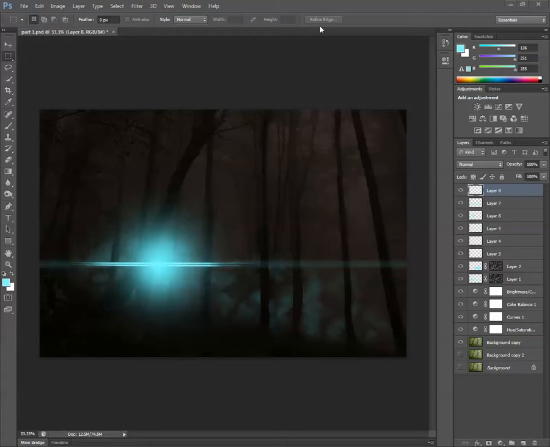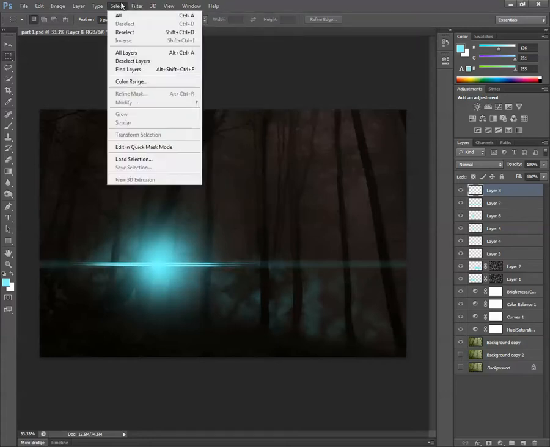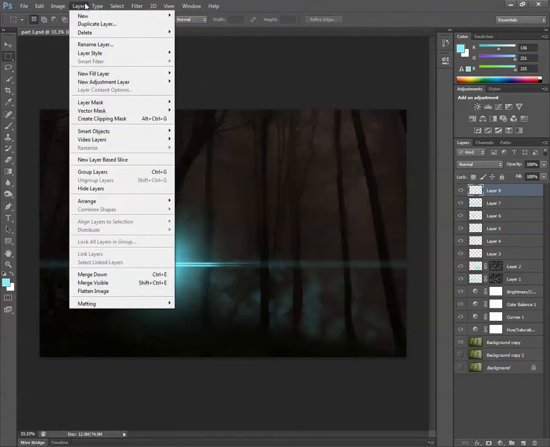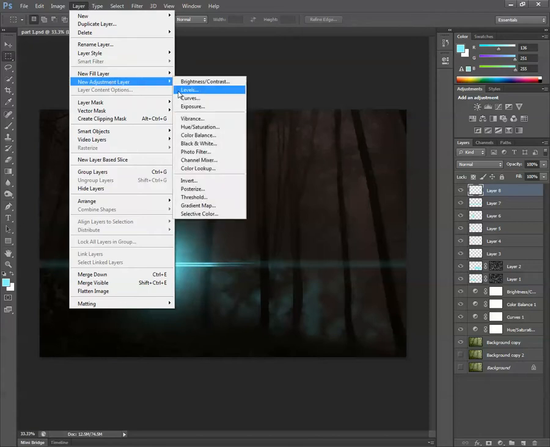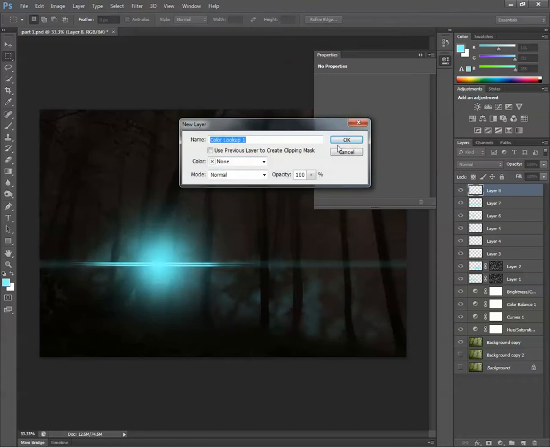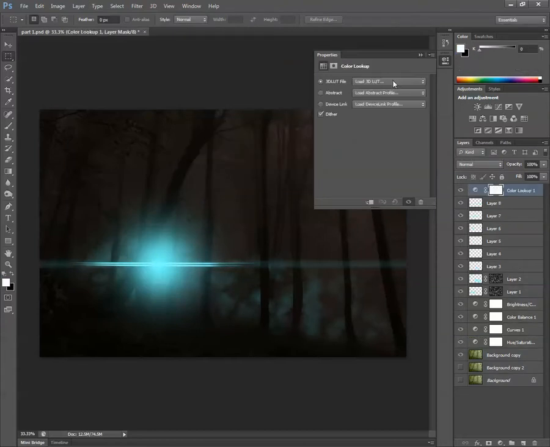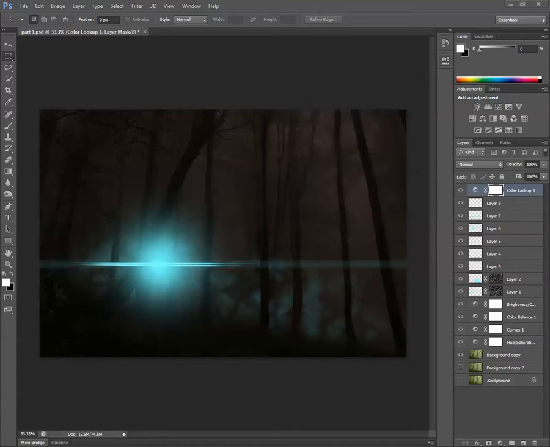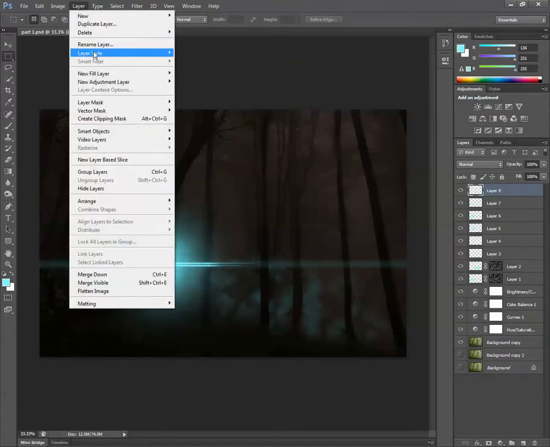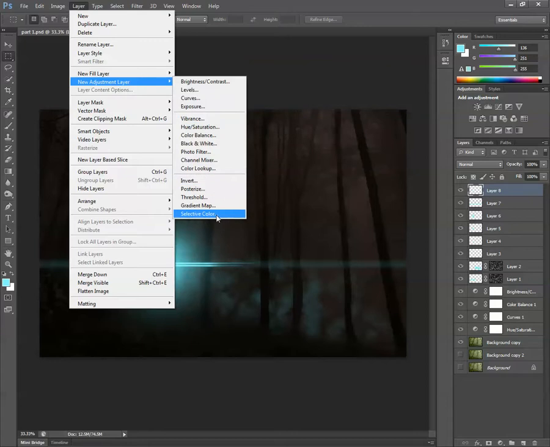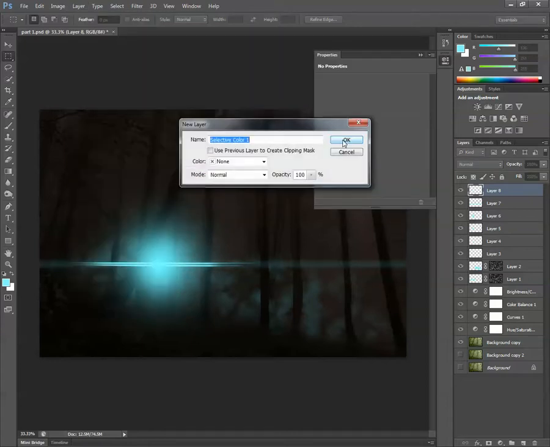Okay, so now that I have this in here, I'm going to make this look a little bit more realistic. So we're going to do a couple of adjustment layers. I'll go to New, Adjustment Layer, and we're going to go to Color, I think it's Color Lookup. Click OK. No, that's not what I wanted. Sorry, we've got to go to Layer, New Adjustment Layer, and it's Selective Color right down there, and I'll click